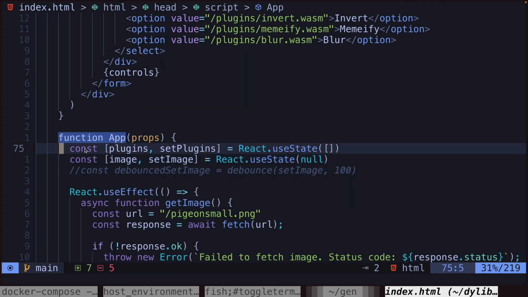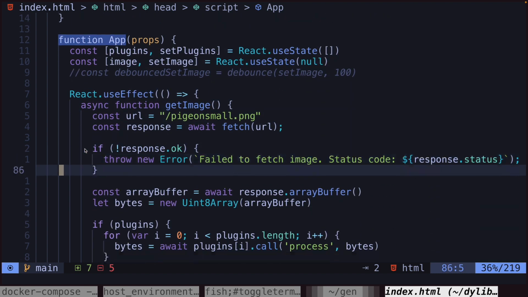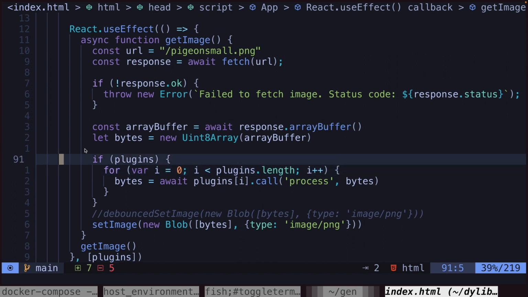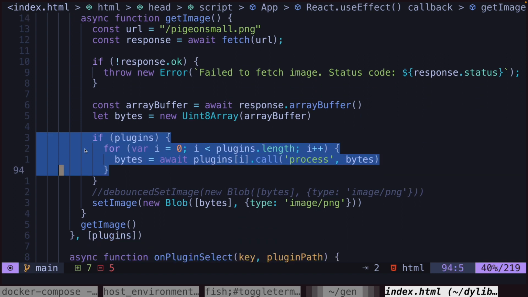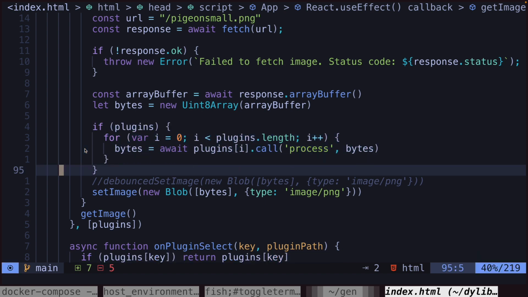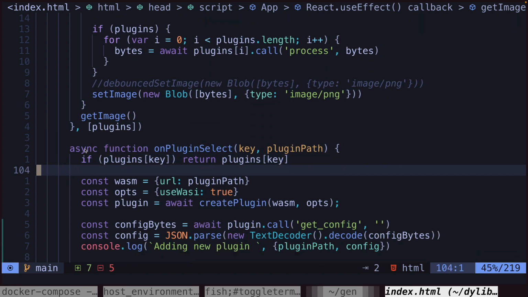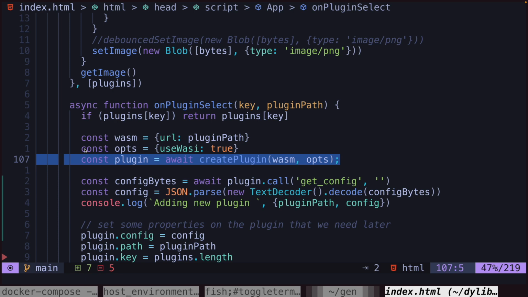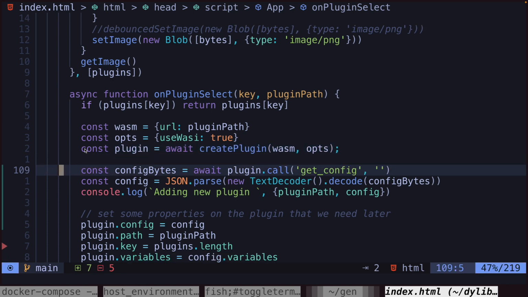So what's the code look like? It's pretty simple. We have just a list of these plugins, and the plugins are XISM plugins. So XISM comes with this idea of a plugin. And we have our image. And basically all we're doing is looping through our plugins and calling process on them. When you create a plugin, all you have to do is call XISM's create plugin, and you pass in a path to the Wasm module. And here we're just going to call our get config. So we're going to say what variables do you